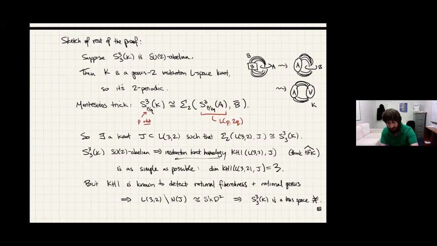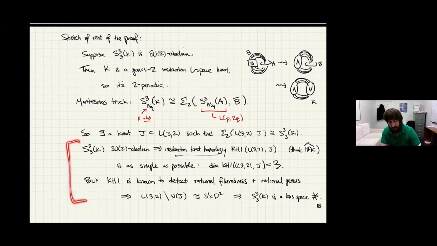If you're a lot more careful about this part of the argument, about thinking about the instanton knot homology, you can add a lot of extra slopes in, which is where the others come from. But it's all just variations on this idea with some more details to work out. Anyway, I'll stop there. So thanks everyone for your time.